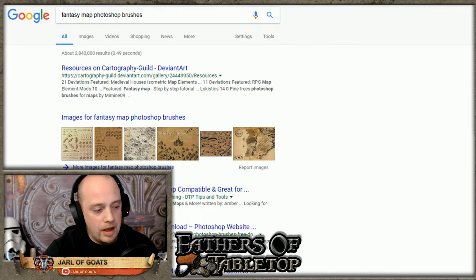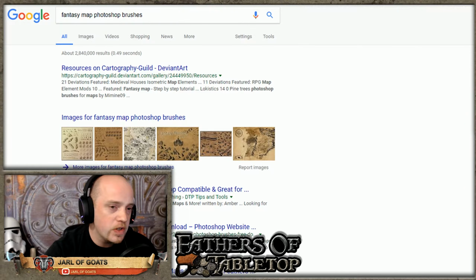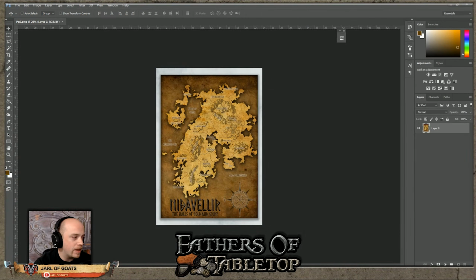Moving on. Once you search Fantasy Map Photoshop brushes, you're also going to want to search for Landmass brushes. And I'm going to show you what I mean by that. So this is the map that I made for Honor for the Fallen. And this isn't the final copy. This is like my dream, right? I definitely want to eventually hire somebody to do a better quality map for my setting, but this is a